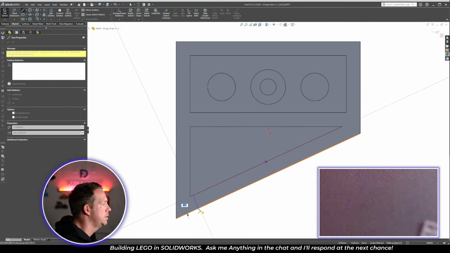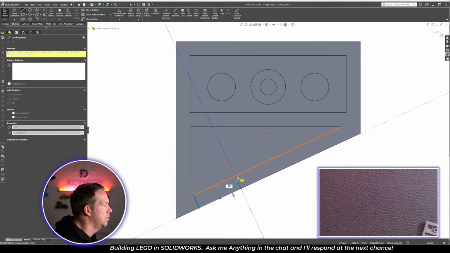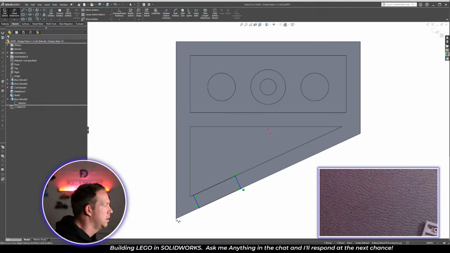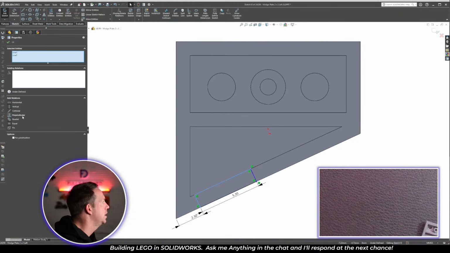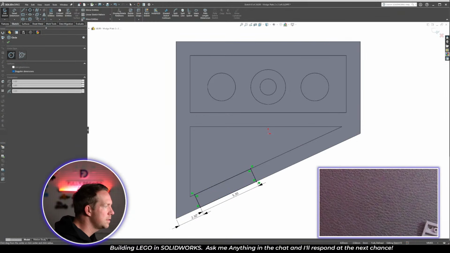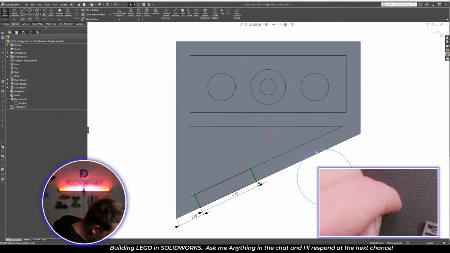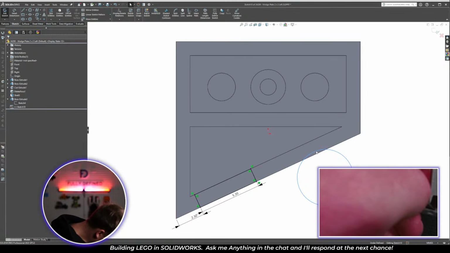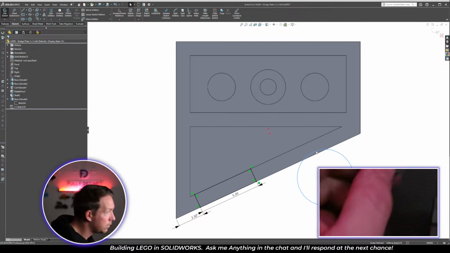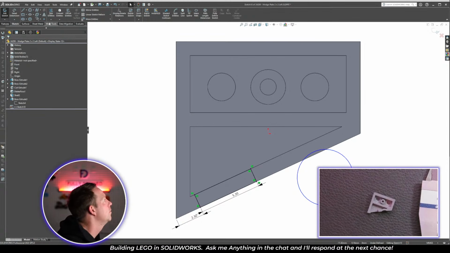So quickly draw this, 2.3, perpendicular. And then what's this little section here? There's a little round. It's nearly impossible to dimension that. So we'll just put it in as reference. All right. We'll put in two